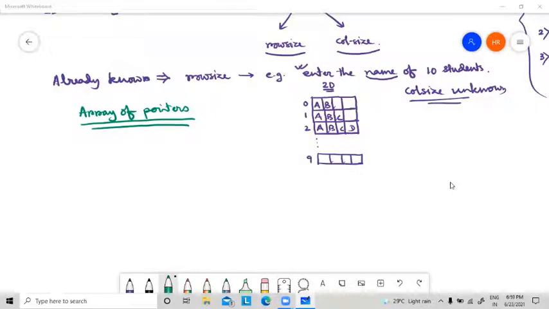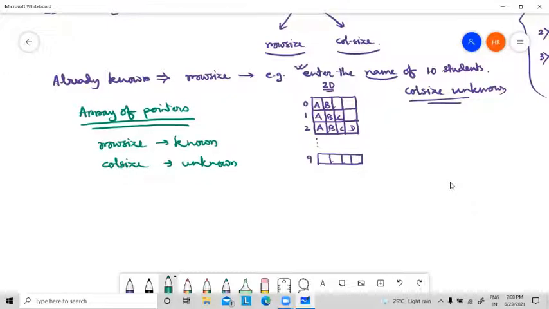We go for array of pointers if the row size is known but the column size is unknown. For a 1D array, there is only one unknown. If we want to represent it in dynamic memory allocation, we have to take the value from the user and then we can do it.